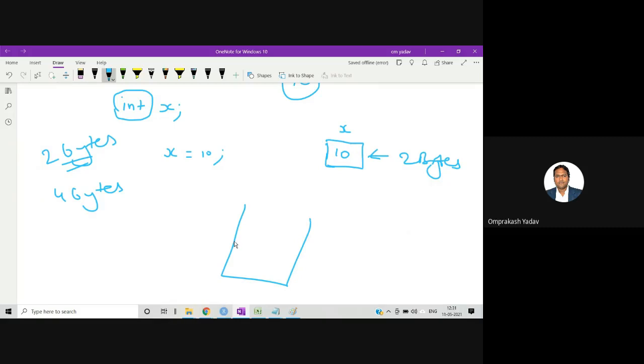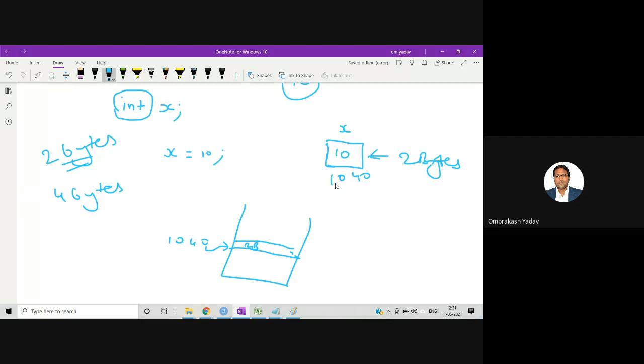Somewhere here it has allocated 2 bytes of memory, and it will have a certain number, for example, this is the memory address of that particular slot which has been allocated. So if you want this particular 10 value, you should know the address of that particular slot.